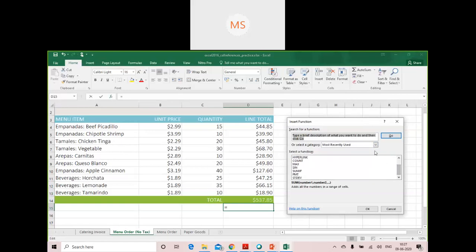Apart from that, you have some more functions also, related to financial, date and time, math and trigonometry, statistical, lookup and references, database, text, logical, information, engineering, cube, compatibility, web. These are the different types of functions which you can make use of. If I click on financial, just see, this is the list of financial functions which are available. If I click on date and time, these are the date and time functions available. If I click on math and trigonometry, these are the functions available under that particular option.